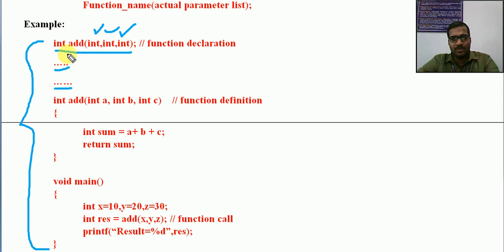Understood? So this is the return type. Clearly it is given as type integer. So whenever we call the add function, this function must return an integer value. This is the meaning of this function declaration statement. And what are these three integers? They mean this function expects three values. So when we call this add function, you should pass three integer values because it is expecting that. So it is given as a declaration.